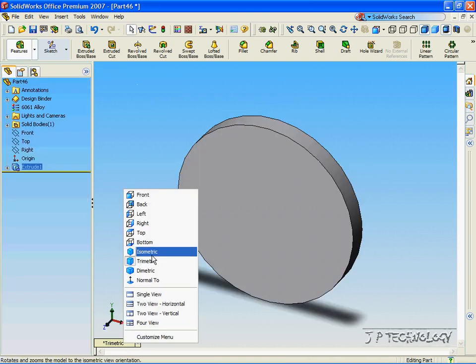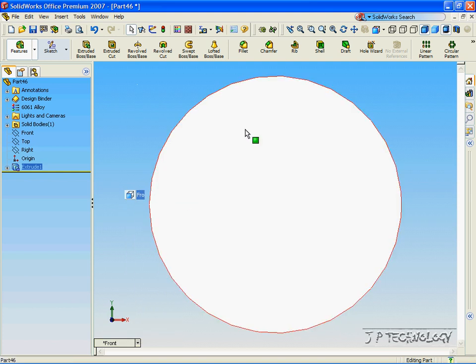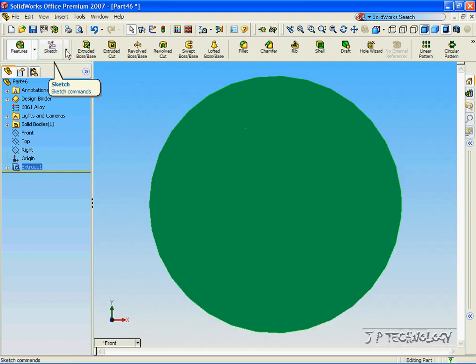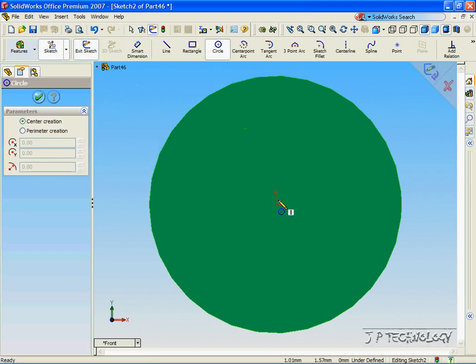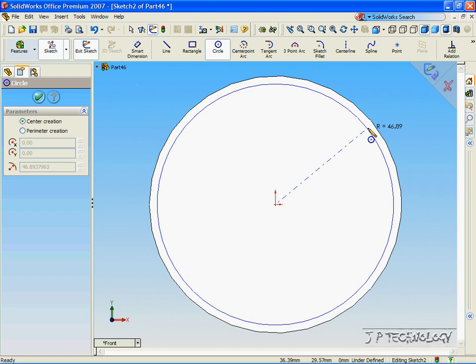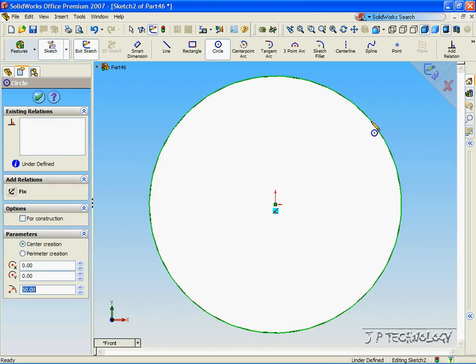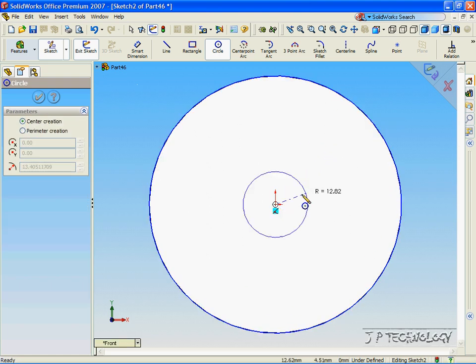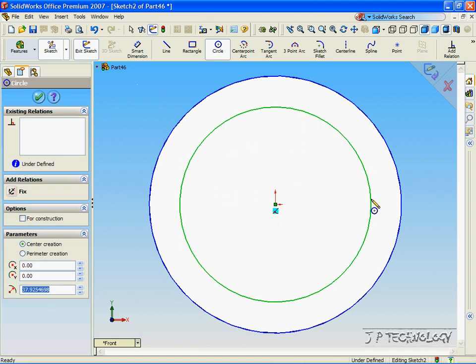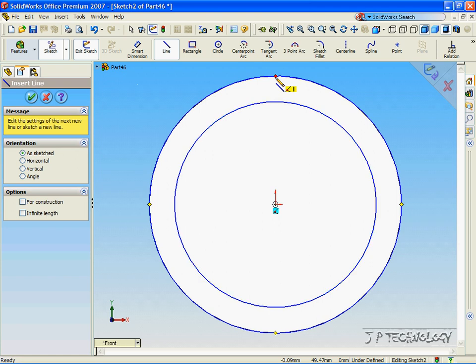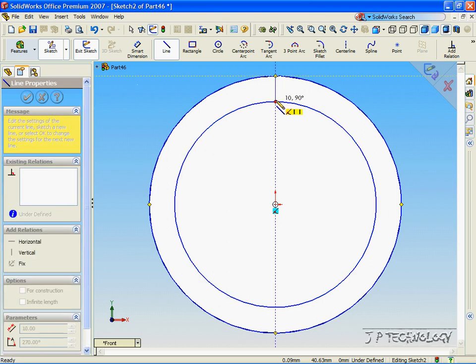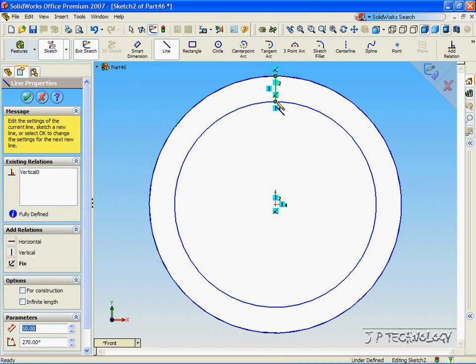Click the front view, click the front face. Now let's click sketch, and let's sketch a circle from the origin all the way out until it's red. And let's click the origin again, and let's make one with a 40mm radius. Click OK. Now click line, click the very top point, click the point on the second circle,